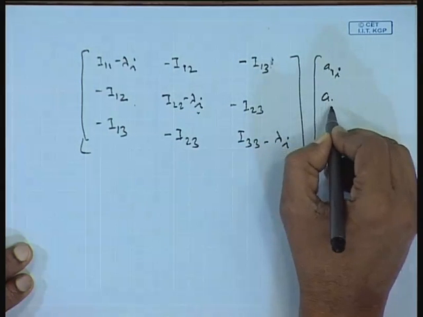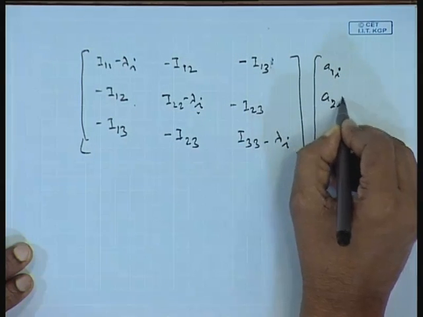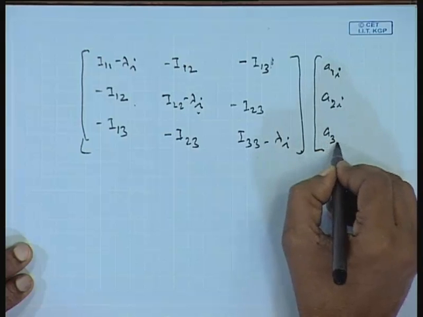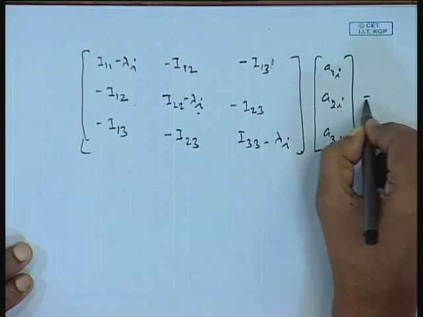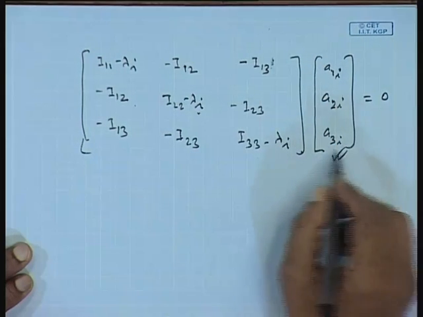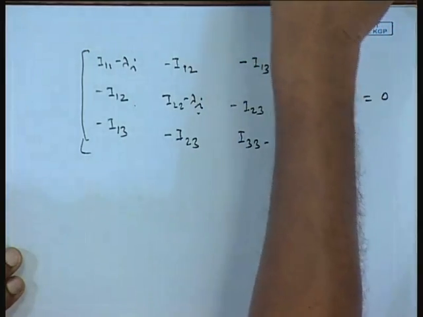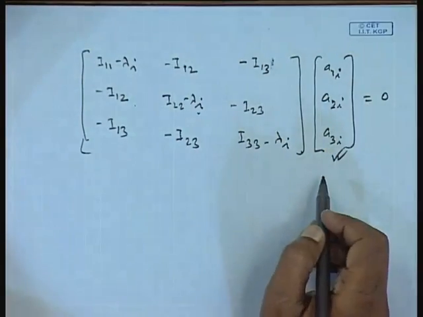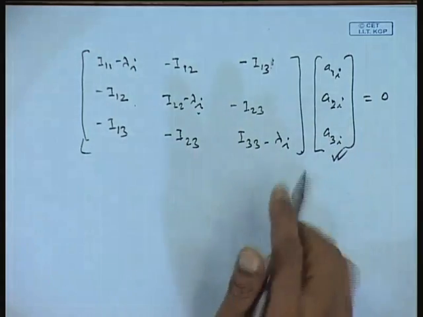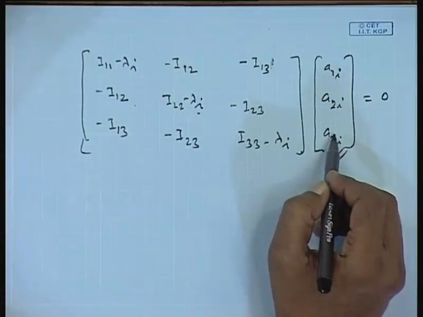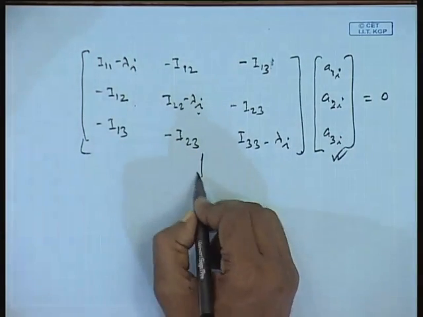So, this is the corresponding eigenvector A1i, A2i and A3i. So, we can disassociate with the omega for the time being. Okay. So, this quantity is equal to 0 and we have seen that this is a singular matrix,